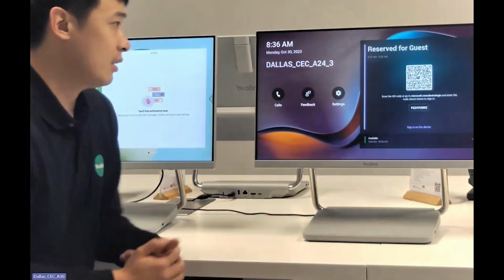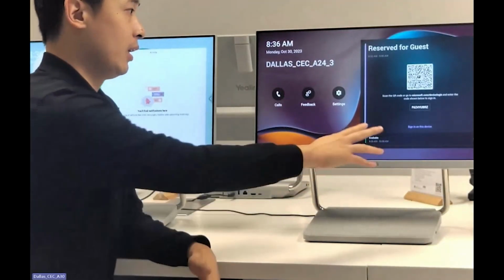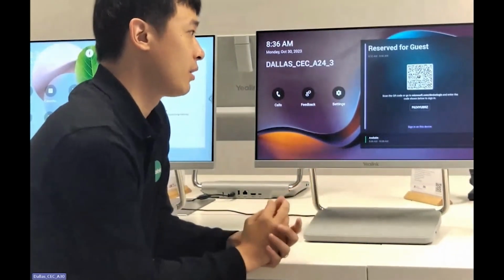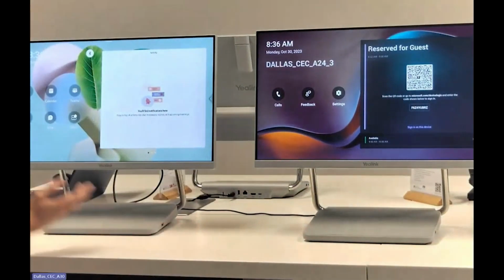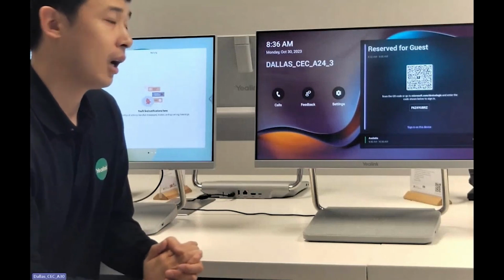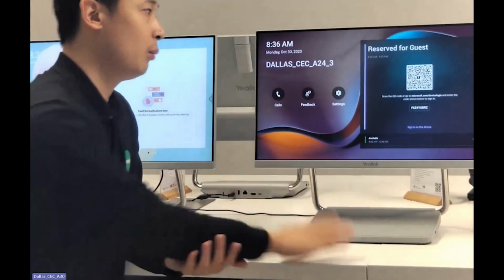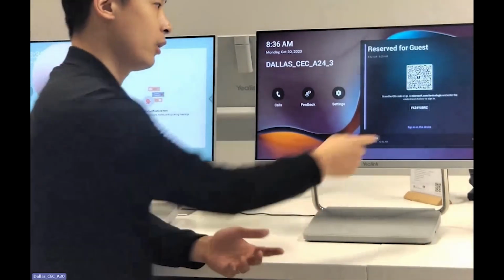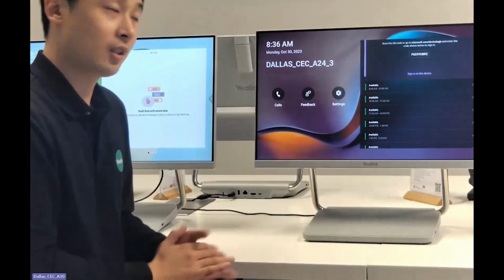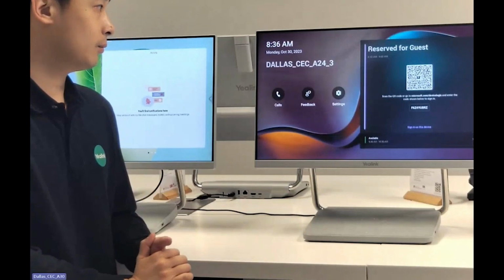With a Teams shared device license, you can just select a time slot and a QR code will pop out. You can use your smartphone to scan the QR code and sign in with your personal account. It will show at this interface and then you can just have a meeting and go. This license is used for the hot desking user scenario. So there are two ways to reserve a spot. You can physically be at the device and scan the QR code, or you can invite this device to a Teams meeting remotely, selecting any slot you want. Then your reservation will pop up at the time slot you selected.